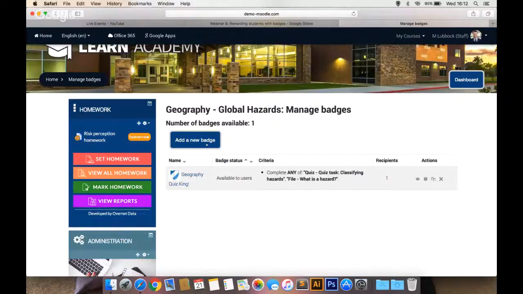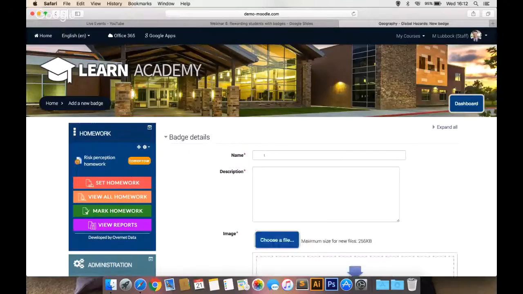But what I'm going to do is add a new badge. This is the name of the badge, so it's a mandatory field, it's got a red star against it. I'm just going to call it Geography Genius. Okay, and the description will be: this badge is awarded to students who complete the hazard types and